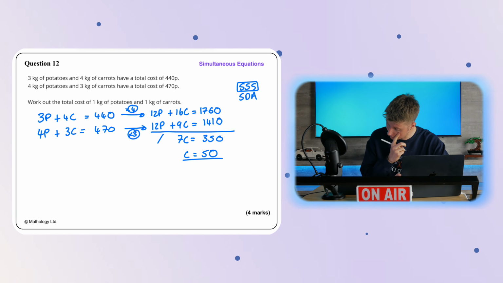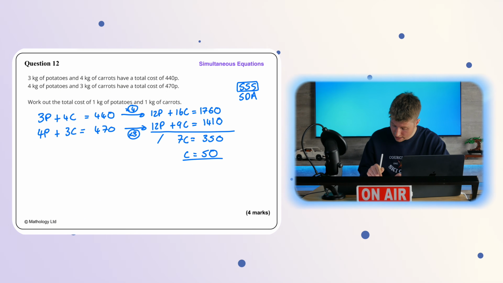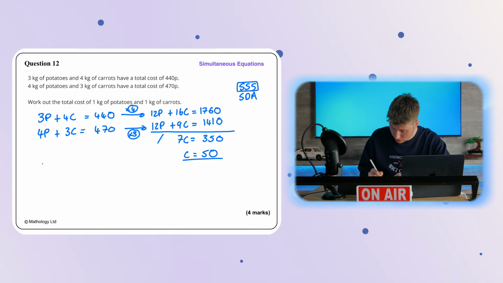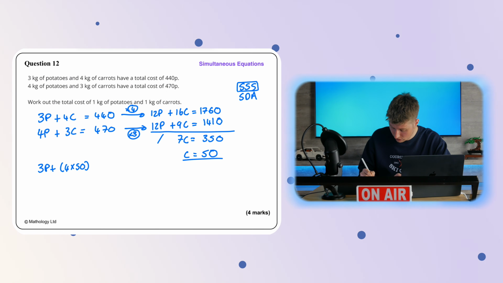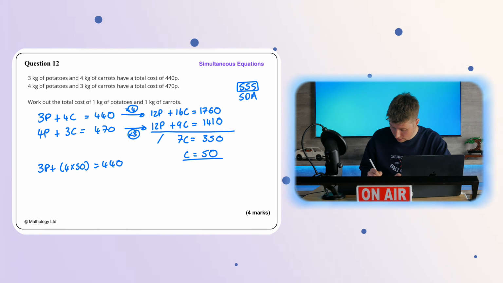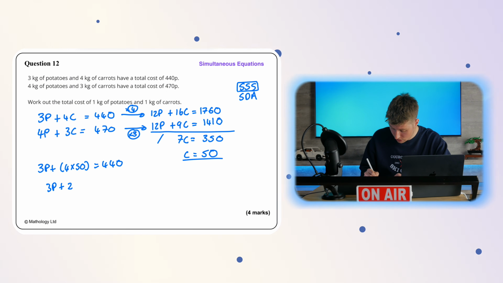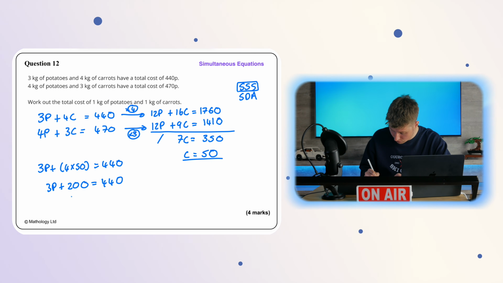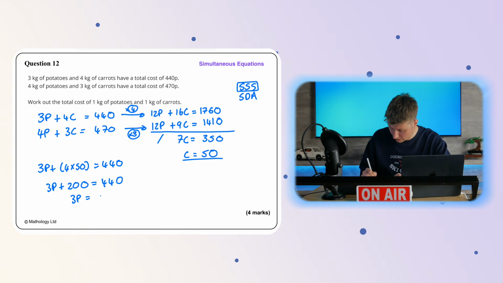Now to get the value for p, we substitute c either into equation 1 or equation 2. So let's use equation 1. 3p plus 4 times 50 is equal to 440. 3p plus 200 is equal to 440. And then if we subtract 200 from both sides, we get 240. And then if we divide both sides of the equation by 3, we get p, which is equal to